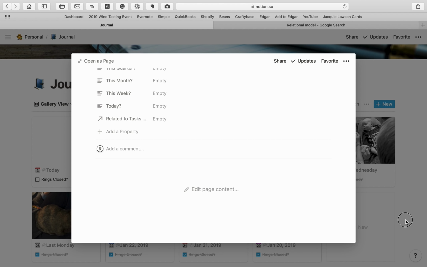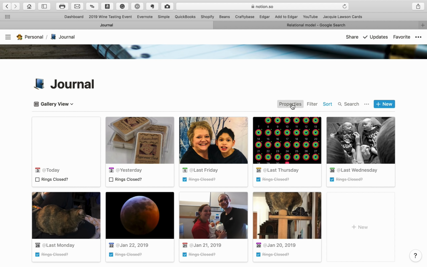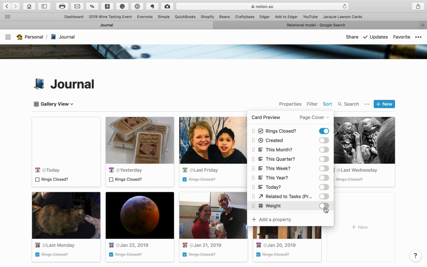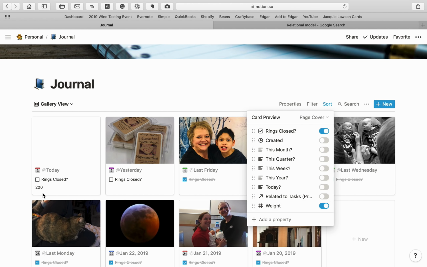Because if I go to the gallery view, you can change what you see here also. So I could throw weight there. I just added the weight into that. Or this year, I could turn that on, and see there's